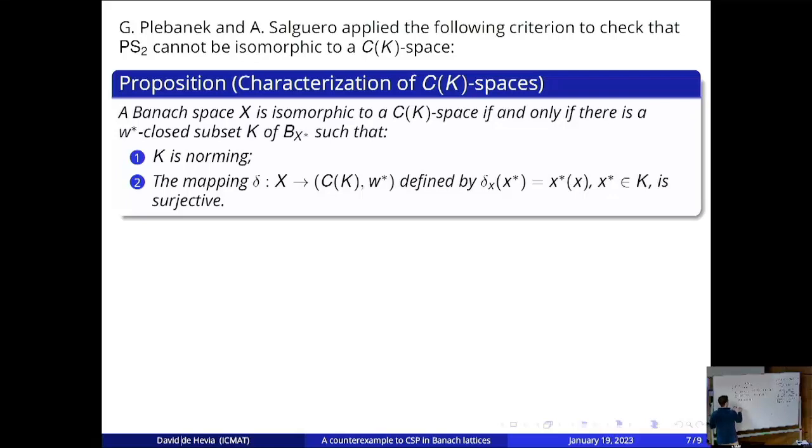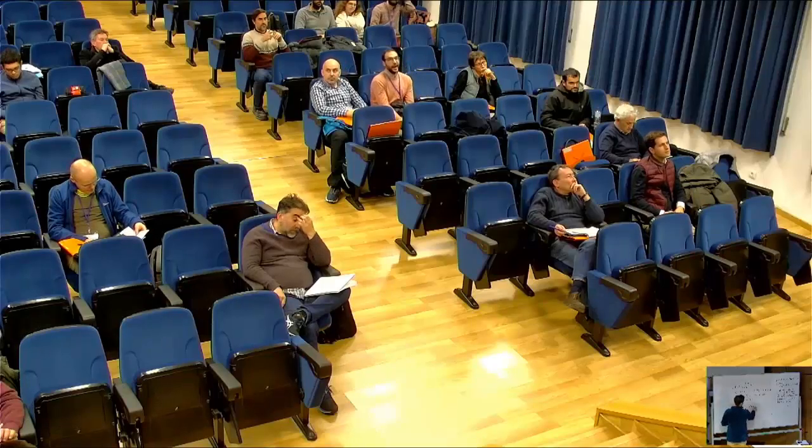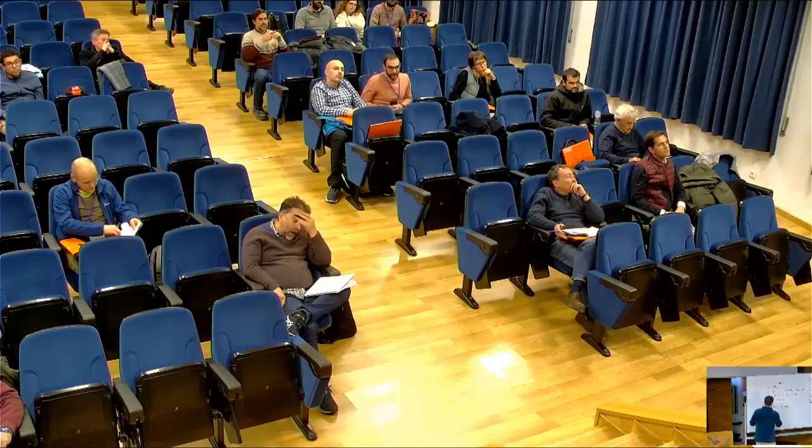The criterion is that there is a weak star compact, weak star closed set K in the unit ball of X, such that this map